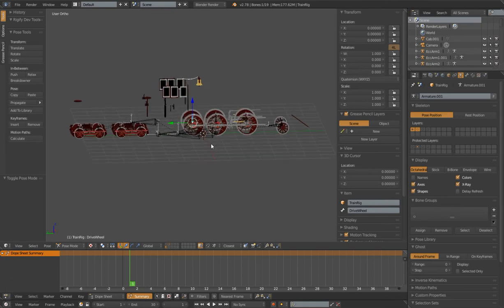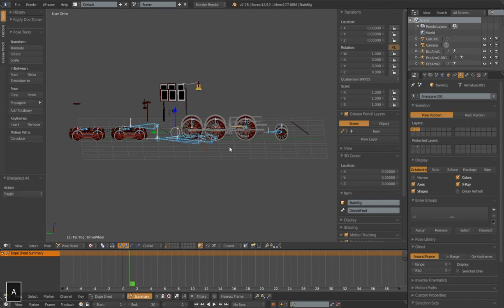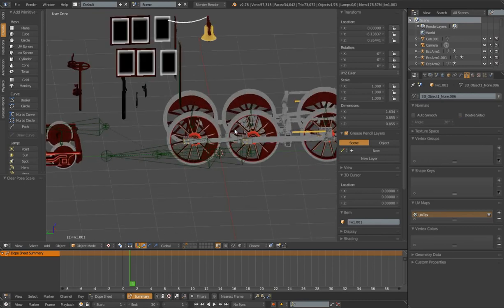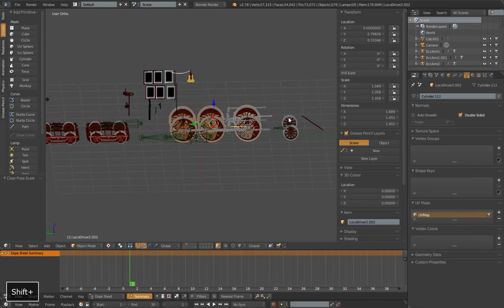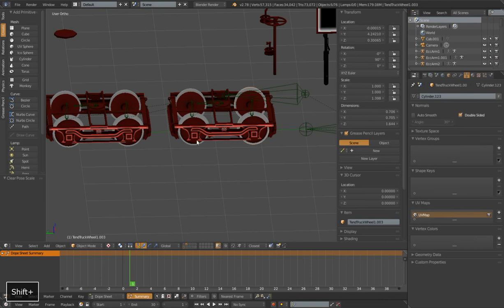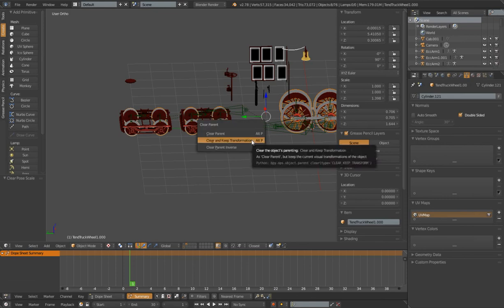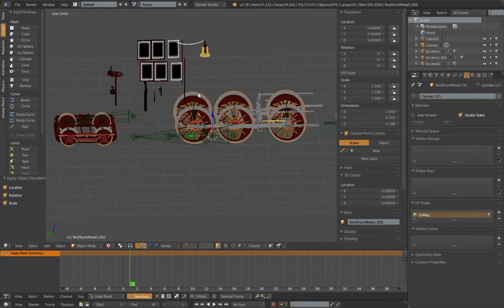Now that we've got our parenting set up, I want to pick our axis locks here. Actually, before I do that, let's parent our wheel meshes to the appropriate bones. That might be a little bit more visually better for you. So I'm going to, just holding shift, click through and select all of these wheels, because what I want to do is the same thing I did with my other meshes. I'm going to do Alt P to disconnect them from their old parenting, and I want them to keep transformation. We have unapplied transforms on those meshes, so Control A. We're going to apply that location, rotation, and scale, and now I'm ready to parent each mesh